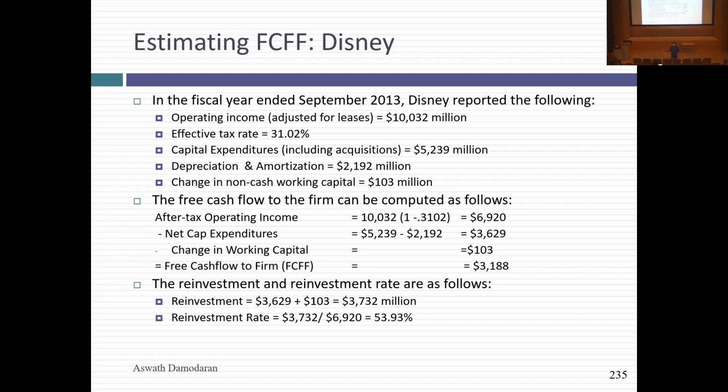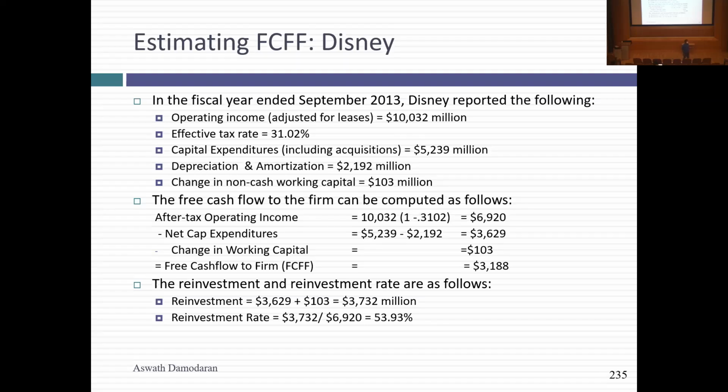How the heck did EBITDA become free? You don't have taxes, you don't have capex. This is free because it's after taxes and after reinvestment. It's a cash flow because in a sense, I've added back depreciation and amortization, reducing the net amount. And it's to the firm because it's before debt payments. Free cash flow to the firm of 3.2 billion.